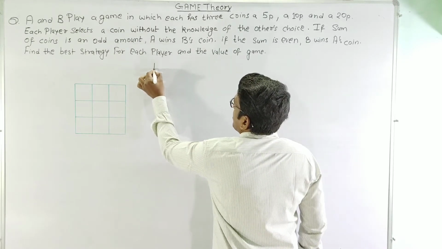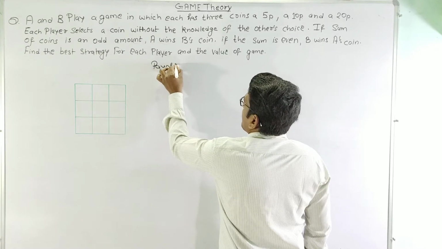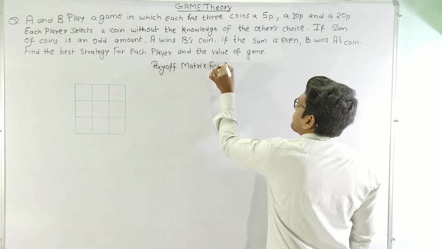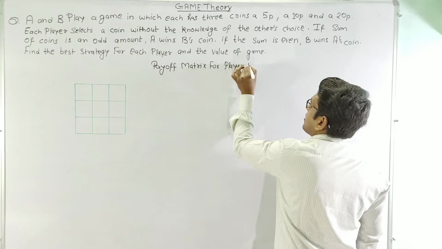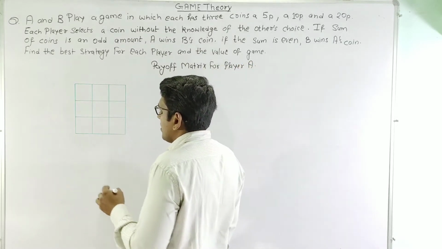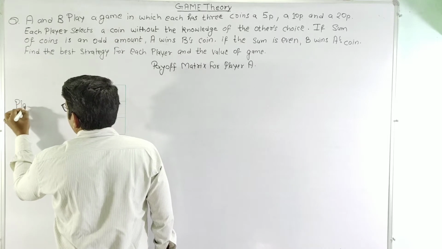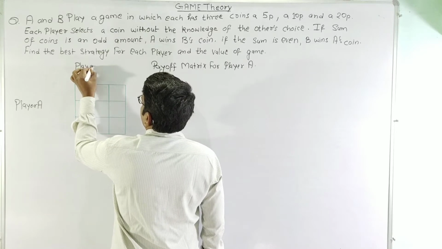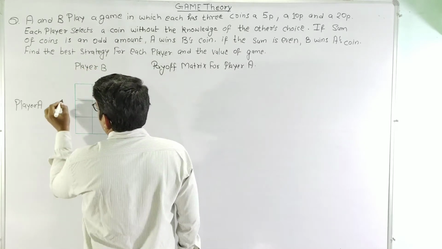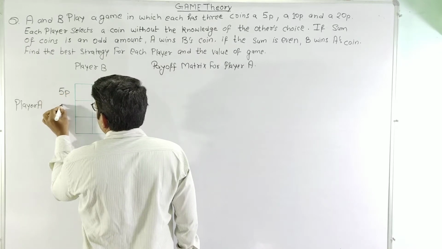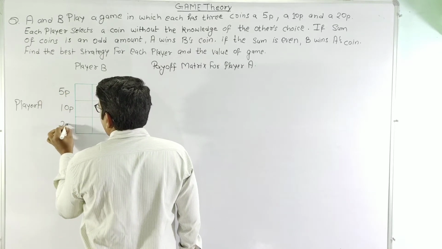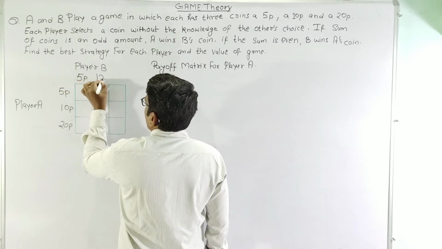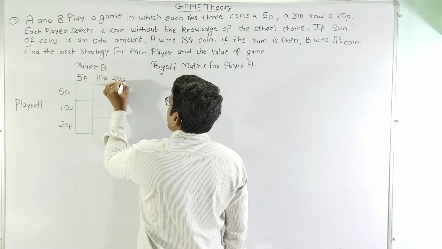So let us prepare a payoff matrix for player A. Now let this be player A and this be player B. Each player has a 5 paise coin, a 10 paise coin and a 20 paise coin. So this is for A, and player B also has a 5 paise coin, a 10 paise coin and a 20 paise